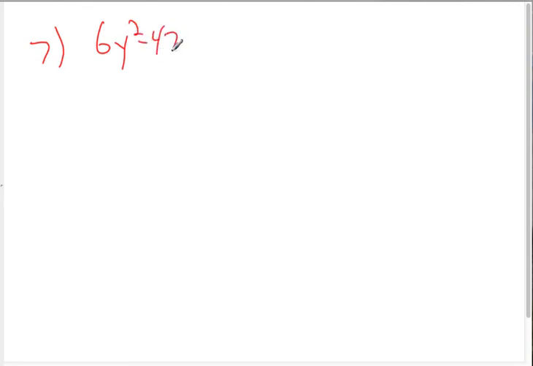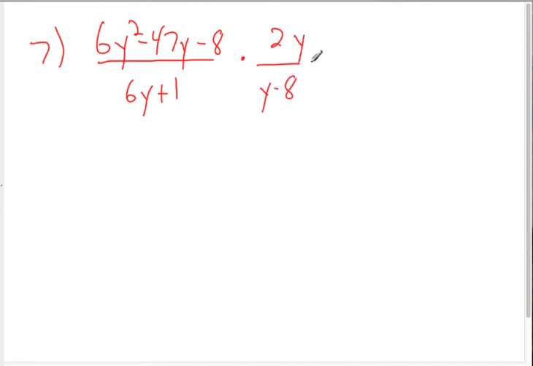6y squared minus 47y minus 8 over 6y plus 1. Again, this is division, but I'm going to switch it and make it multiplication right off the bat. All right, I'm going to factor the top. That looks maybe a little nasty. Let's see. No monomial, so I'm going to go right to AC. So AC equals negative 48. Oh, that's going to be easy. Okay, B equals negative 47, so